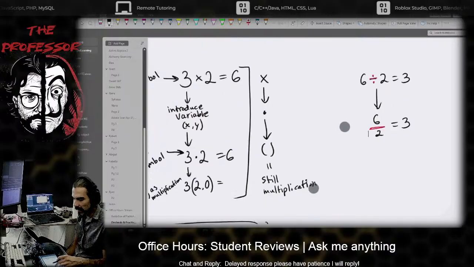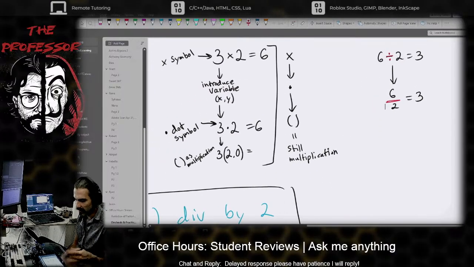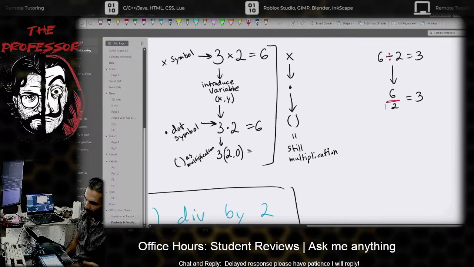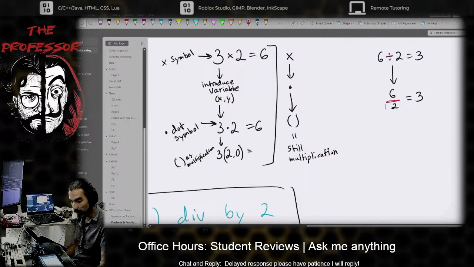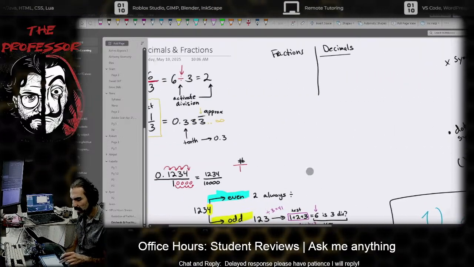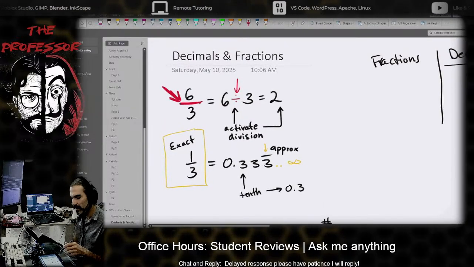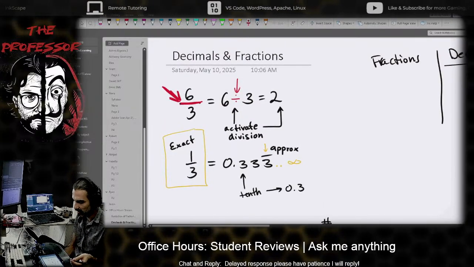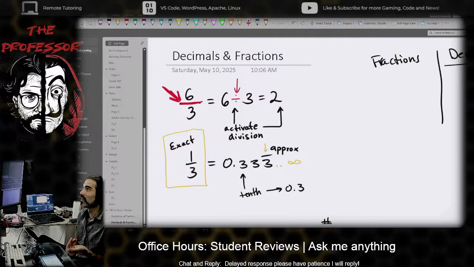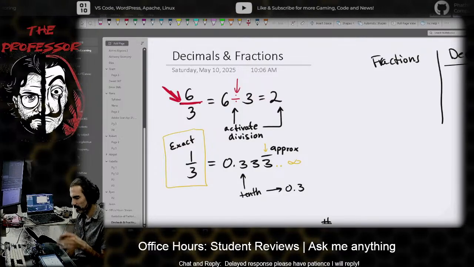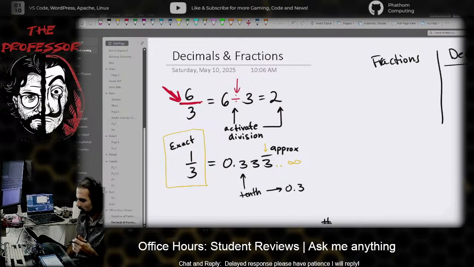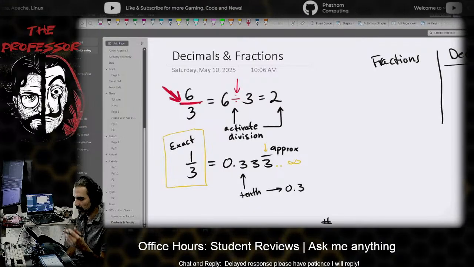So that's the main thing to kind of absorb from the transition of how math classes evolve over time. But that's really the case that I've noticed in most cases, is that this division bar is misunderstood, or not even misunderstood, they just forget. It's a constant forgetting that, oh, that's just 6 divided by 3, even though it's a 6 over 3.